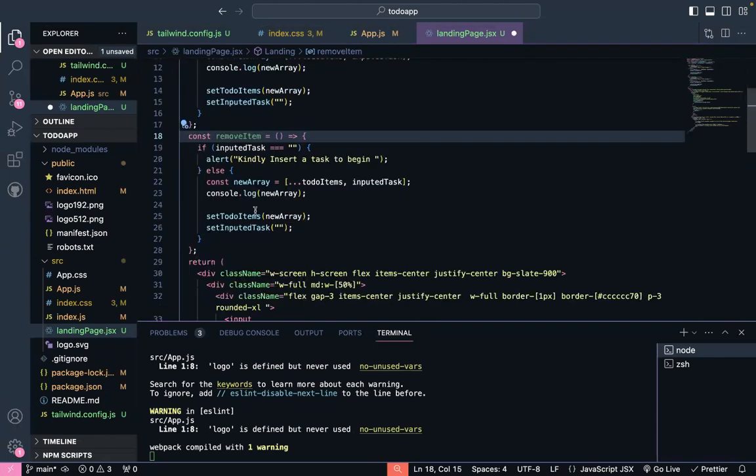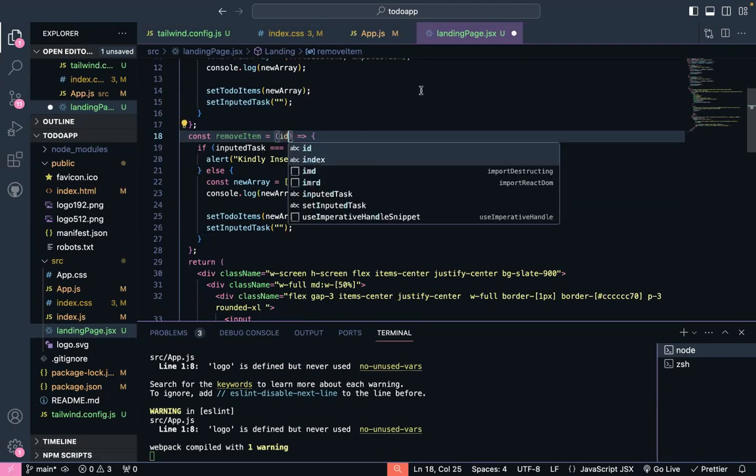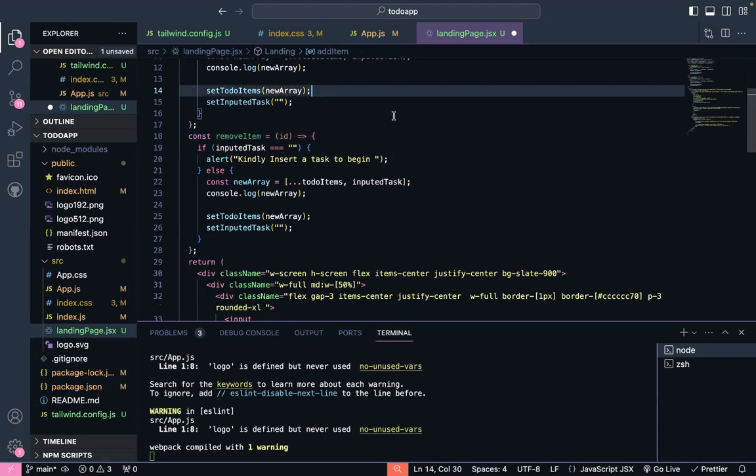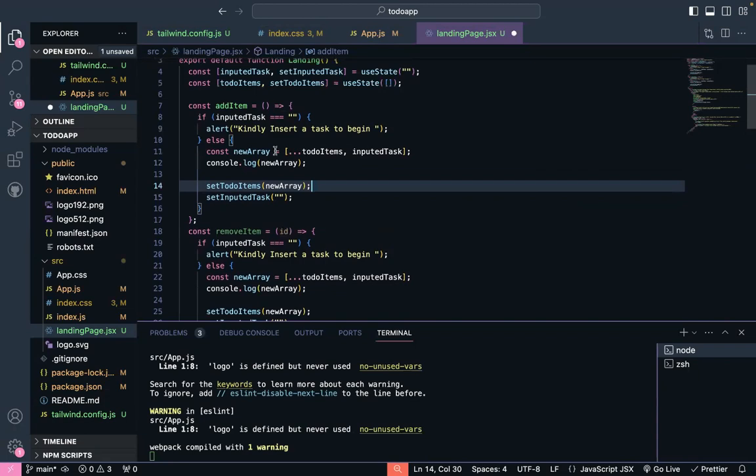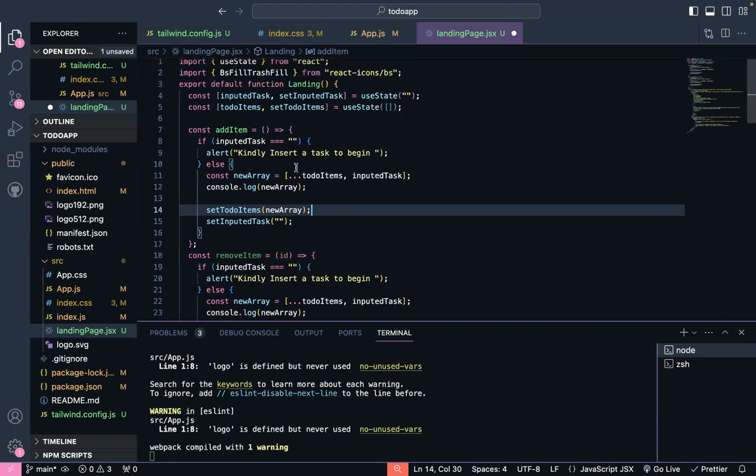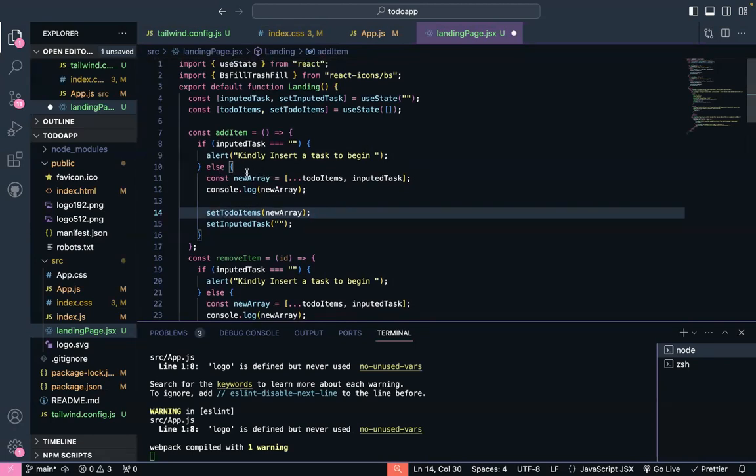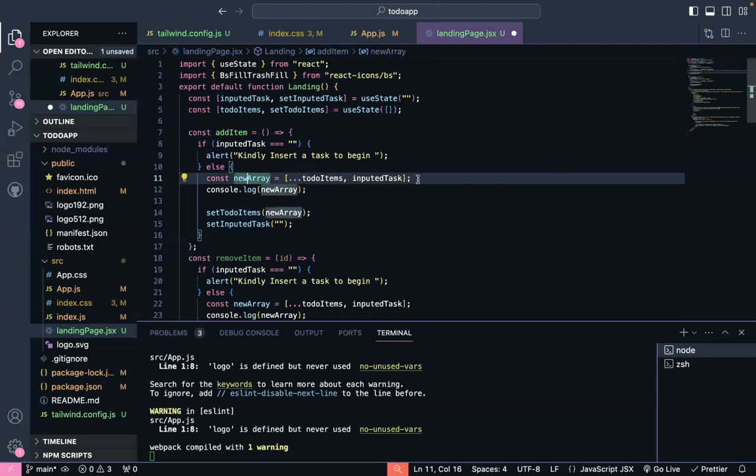Create a new function called remove item. This function is going to take in a parameter of ID. And I'm thinking, and you must be thinking, where is this ID going to come from? So now, what we can do is, instead of creating this array in this manner, what we can do is say,